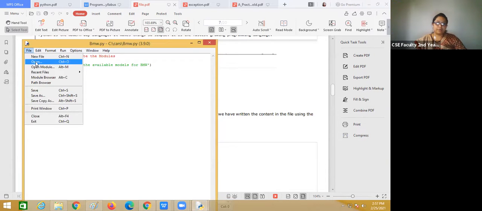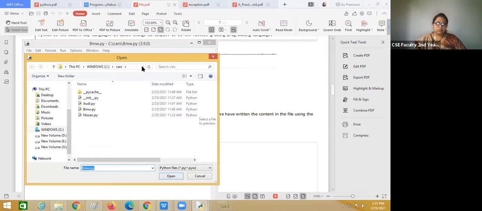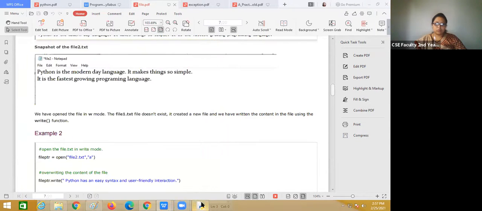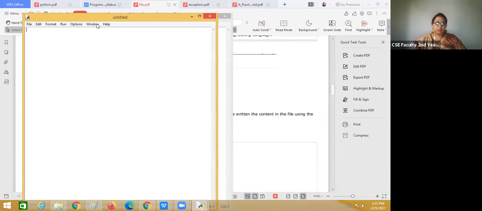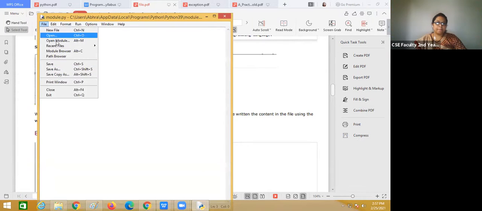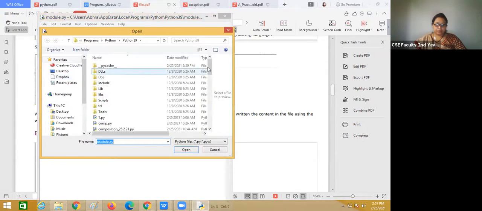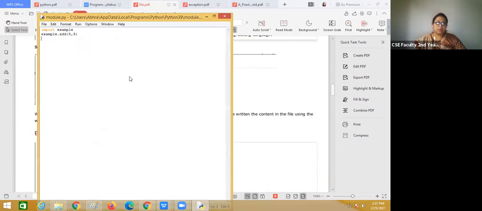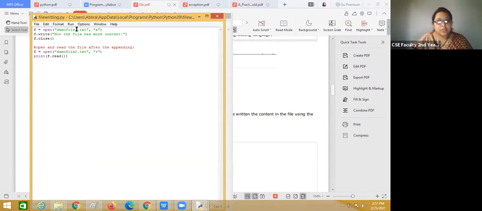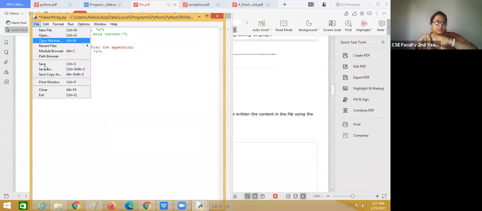So let's check an example here for file writing. I just want to change the name to tutu. Okay, then save.